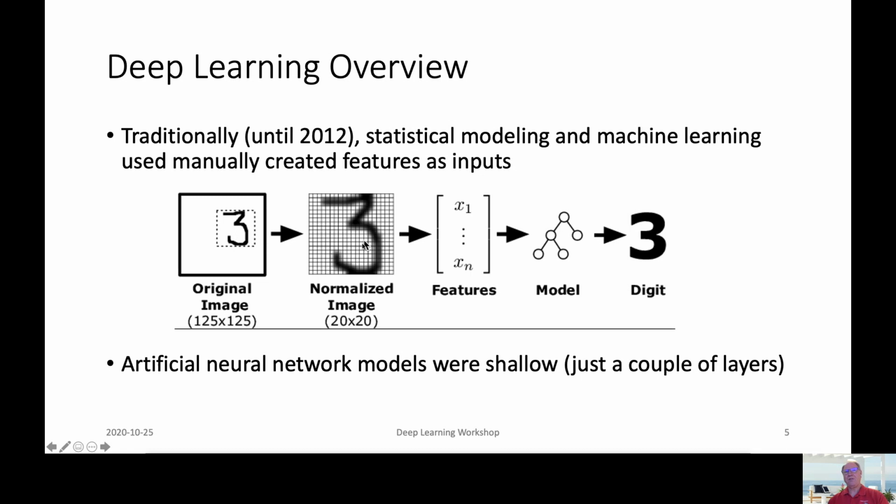You would extract individual features like this that would then be used by a traditional machine learning method like a shallow neural network, a decision tree, or just standard logistic regression in an effort to identify that as being a 3 versus a 7 or a 5.